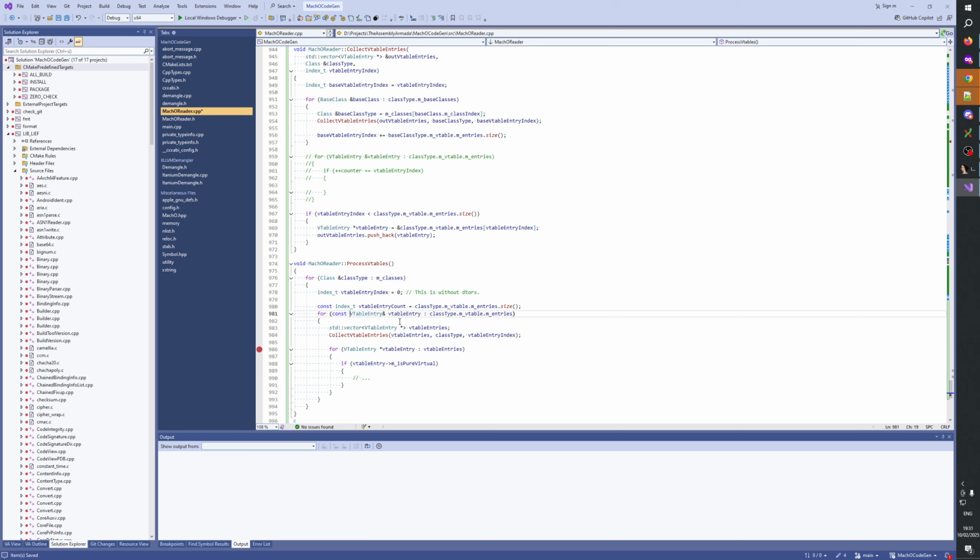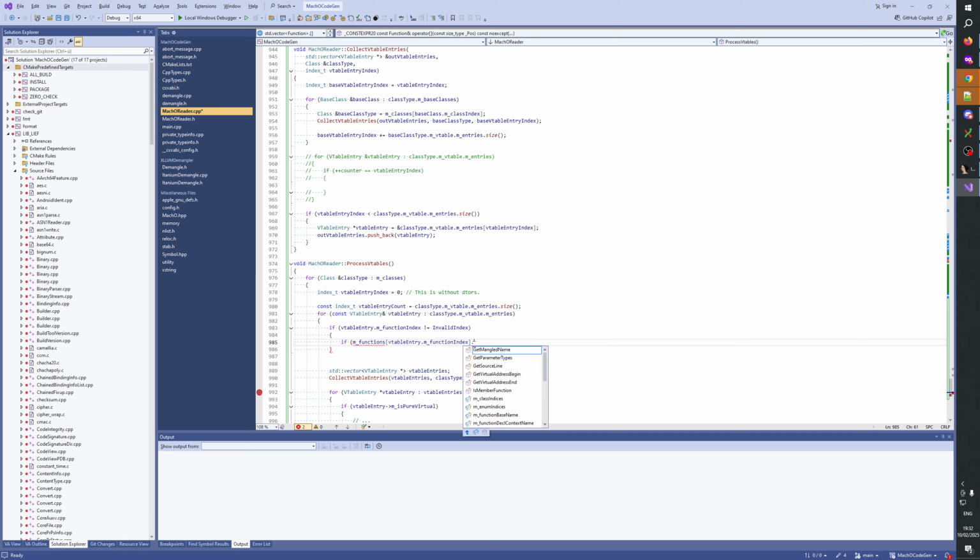I think we can make a const, and then here we would say if vtable function index is not invalid index, then if functions vtable entry in the function index dot is detour, then